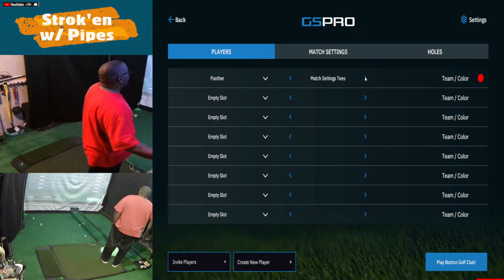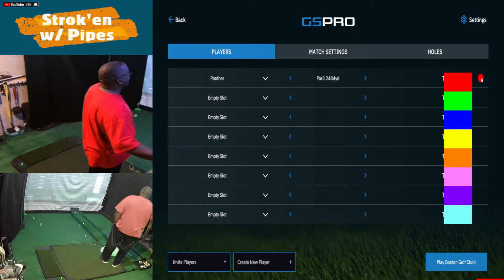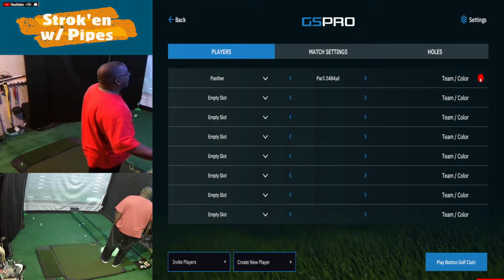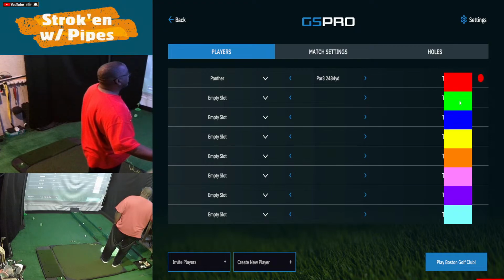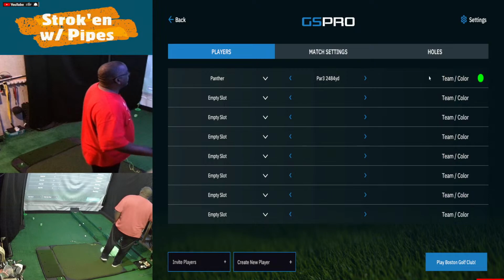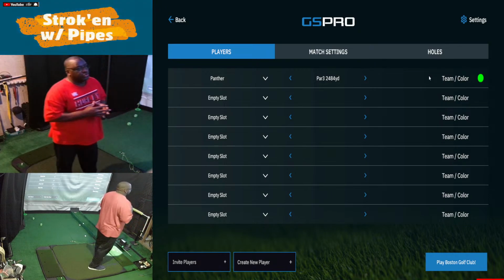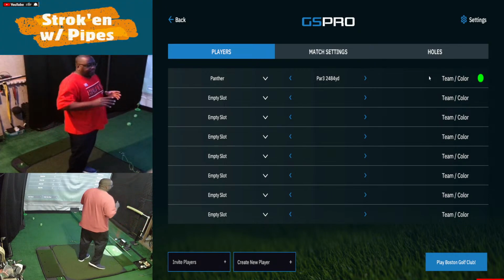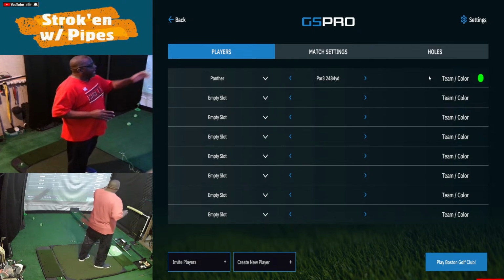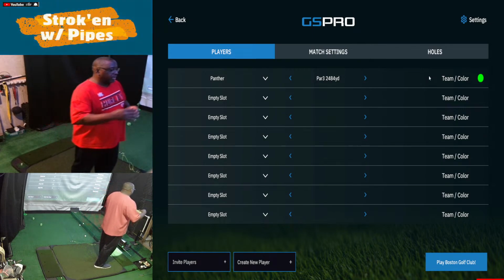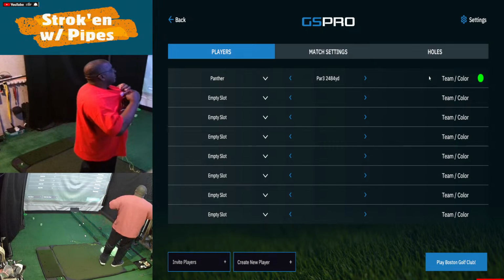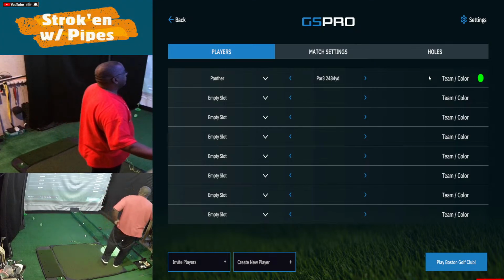The other thing is you can pick what color you are, your team, when you're playing. Mine is red. You just click on the color, and these are the options. That comes into play because it shows your ball on the mini map while you're playing. That color is indicated for you on the mini map and shows you where your ball is as you play through the game. So I'm changing that to green. No, I'll make it